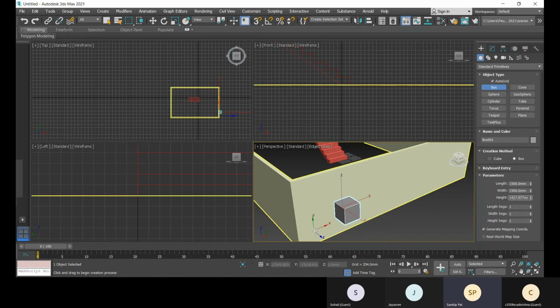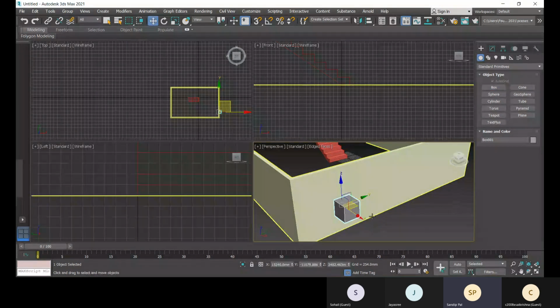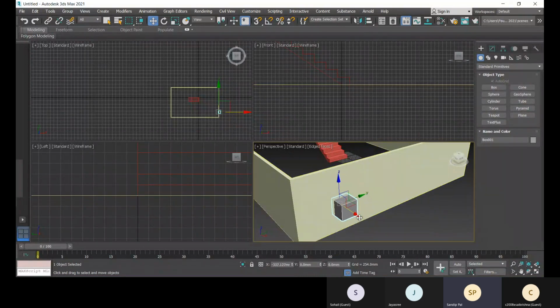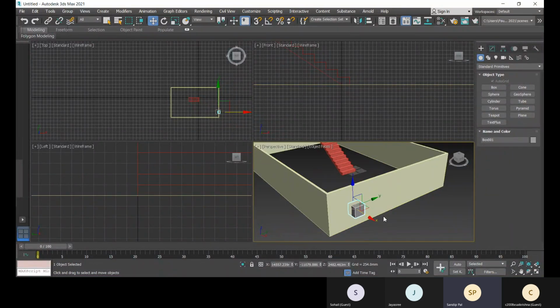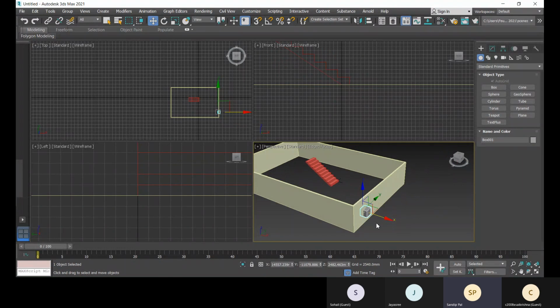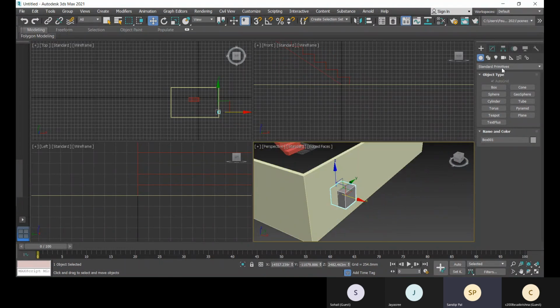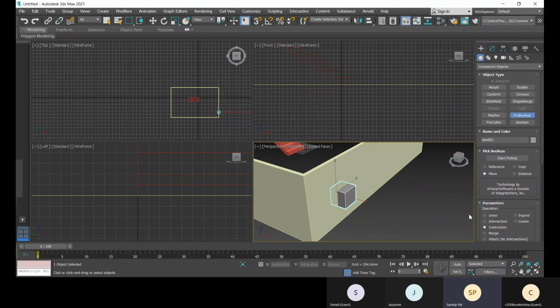All right, the segments are not needed because we'll only make a ProBoolean operation. You can push it a little bit to the inside of this wall and then go to your compound objects and then to this ProBoolean and then the subtraction.